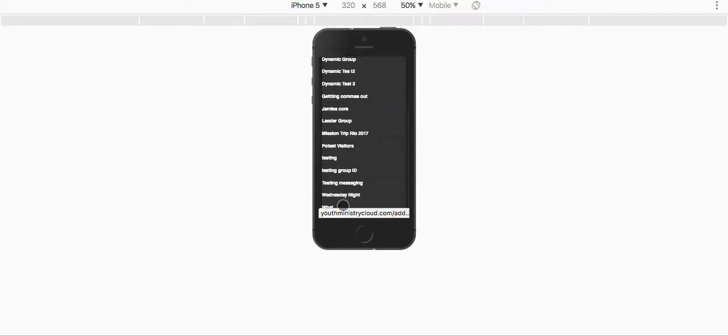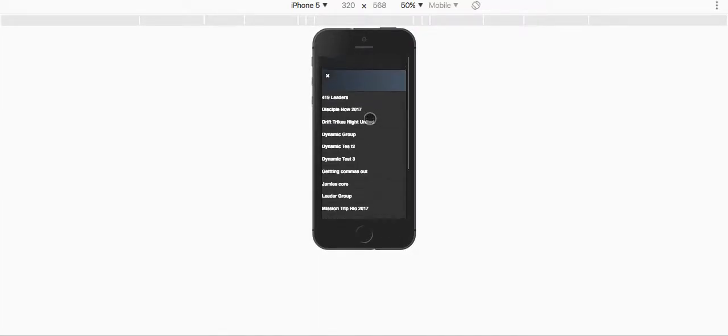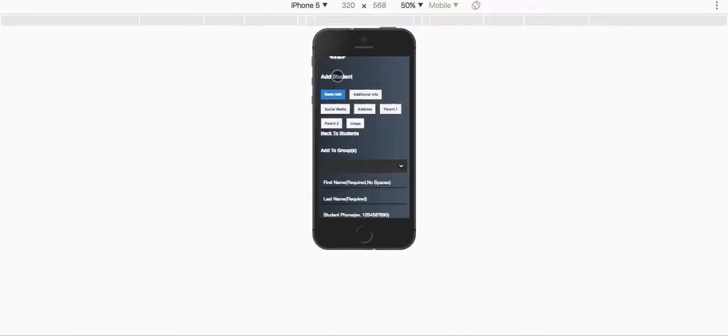Now, you can also add kids to groups. So I can add this kid to my Wednesday night group. As soon as I put that in, and then I refresh that page, or next time I submit attendance, guess what? That kid's on my list. I can check them in, and we're all good to go. And so you can have a flow, a process. But here's the other great thing. Since you're able to split this out among multiple leaders, you're not having to rush kids through, and they can spend time having those conversations, building relationships, and doing all of those things.